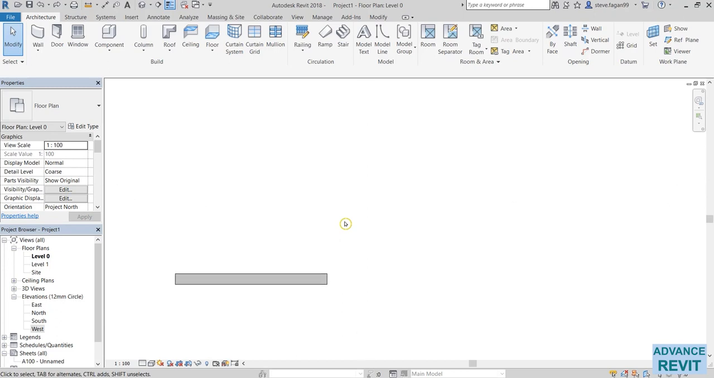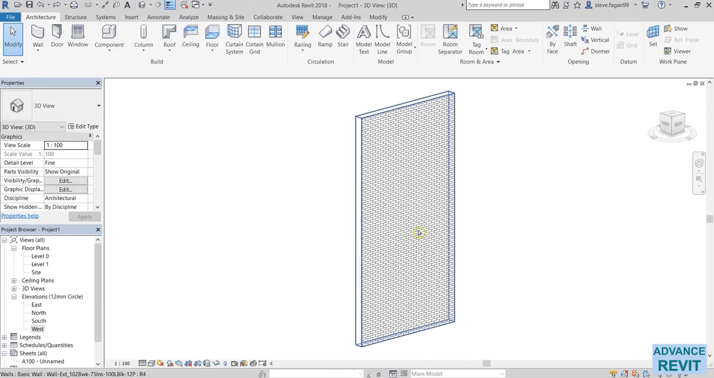To zoom, we'll just scroll the wheel in and out. If we zoom out too far, just double click on the wheel and that will zoom extend, so everything will be centralized. If we go over to our 3D view, up in the quick access, we'll select the default